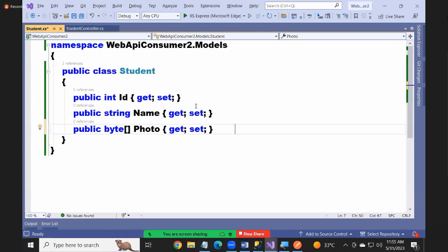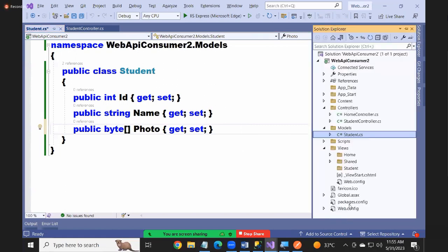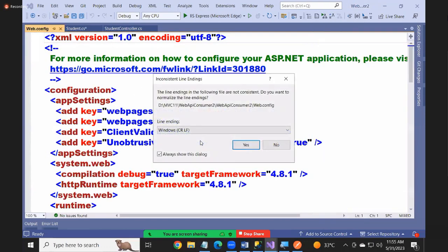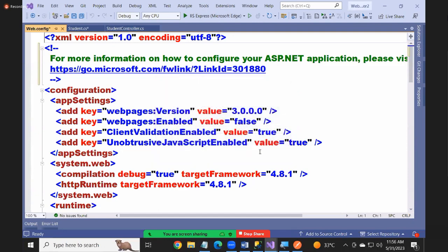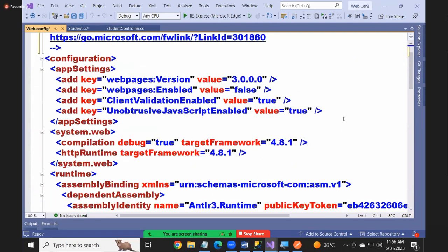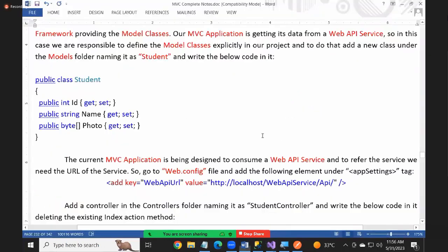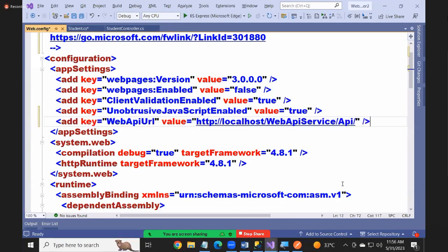So let me open the web.config and add the URL. What is the URL? Already we discussed. HTTP localhost web API service API student is the URL. So under the app settings, I am just adding the web API URL. Guys, watch. Sir, you did not write student here. I did not write it. The reason,